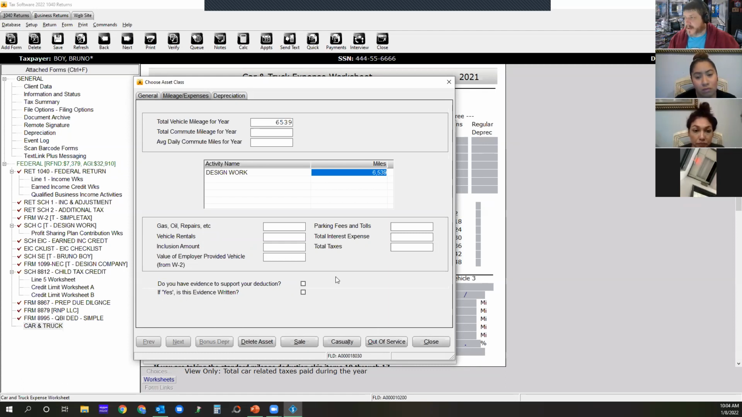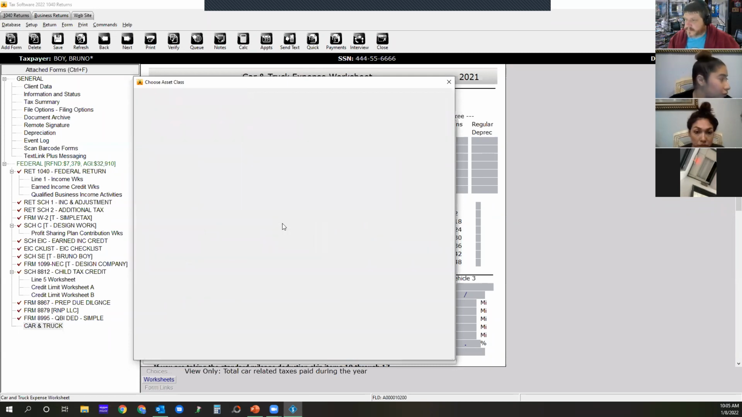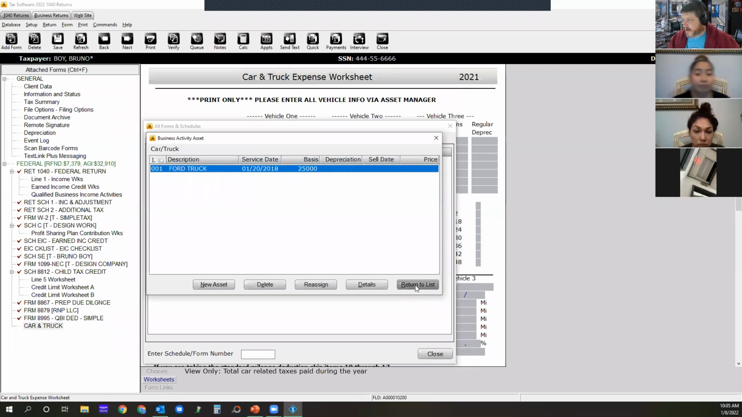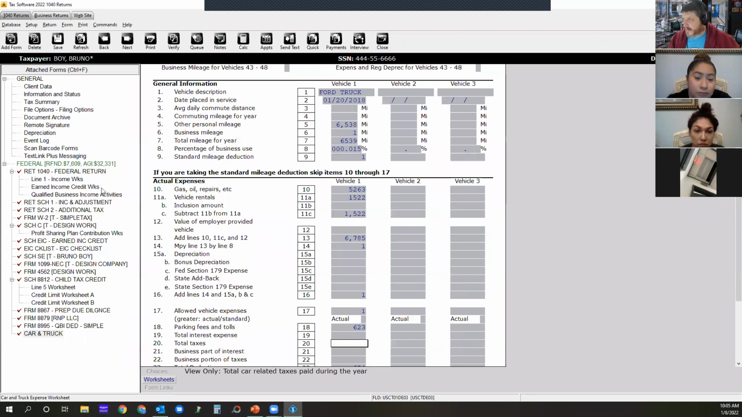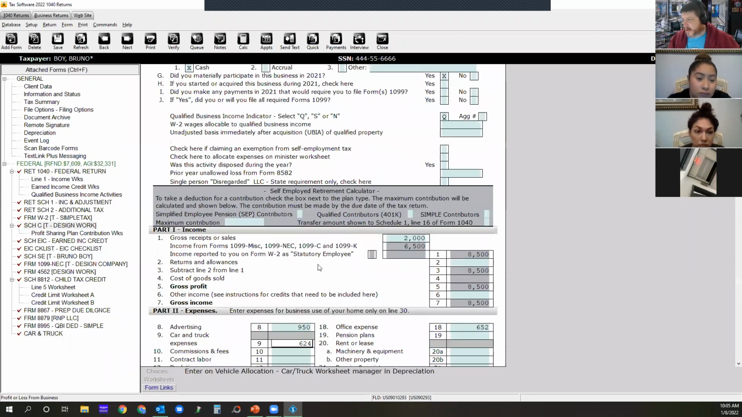If you're doing actual expenses, this is what I tell people to do. Because the mileage is irrelevant, right? You just put 1 in the Schedule C under that mileage, right? And then we can put in our expenses here. And let's do, so now when we hit close, we do return to list. We do close here. When we go back to this Schedule C and look at line 9,